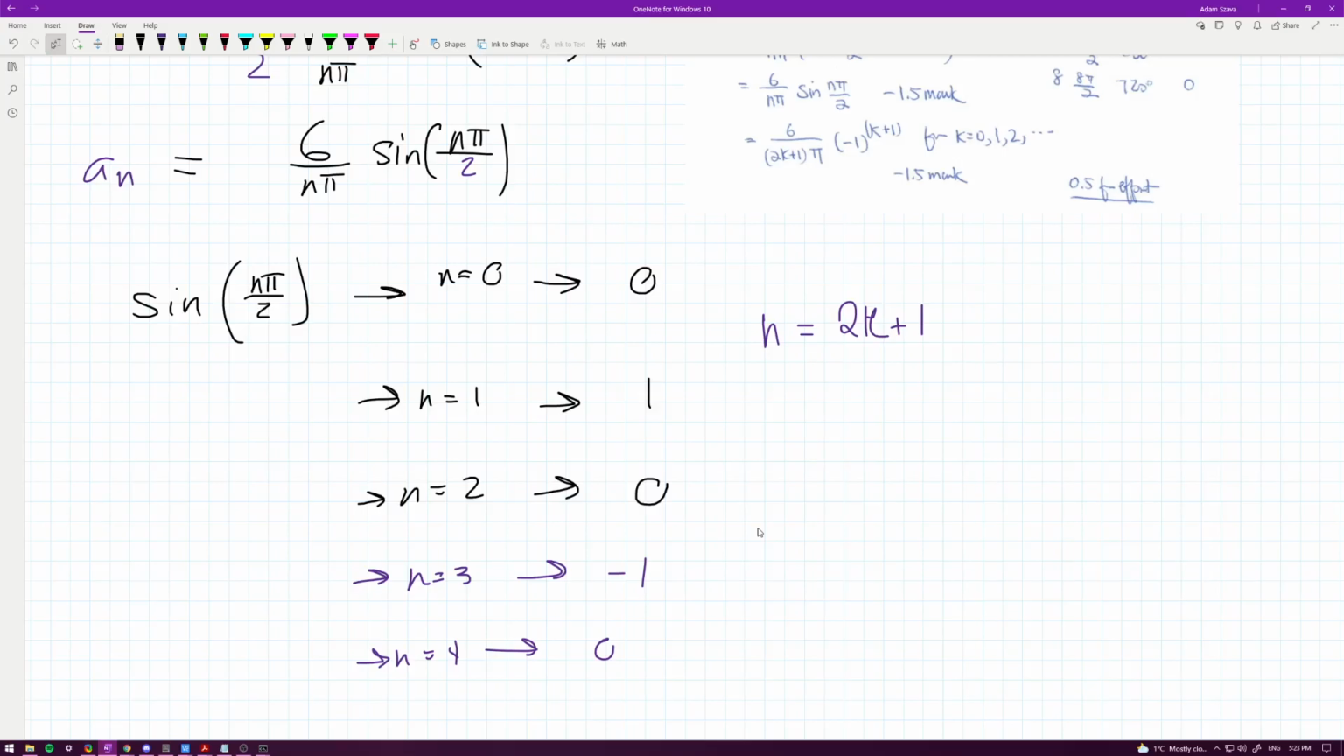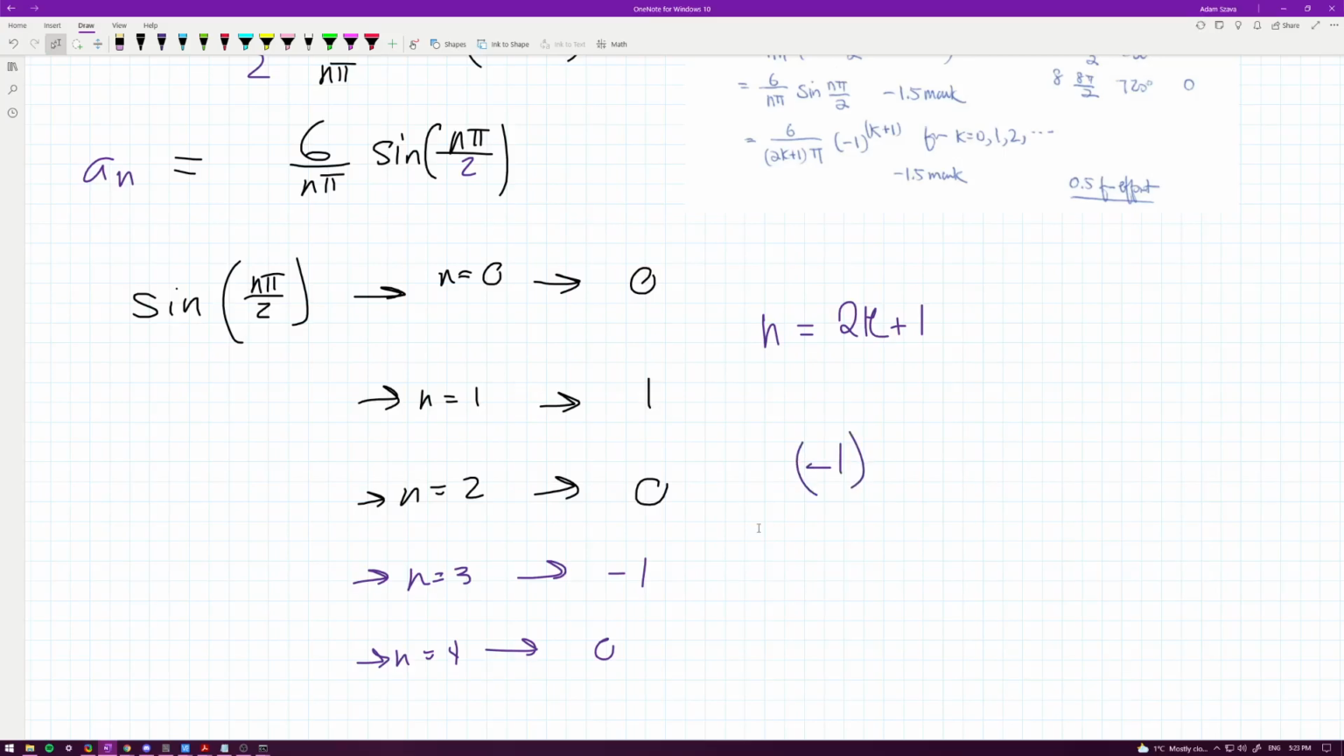And then you want to just have alternating signs. So if k equals 0, then you want to have a positive 1. And then if k equals 1, then you're going to have n equals 3, which would be negative. So yeah, so that's negative